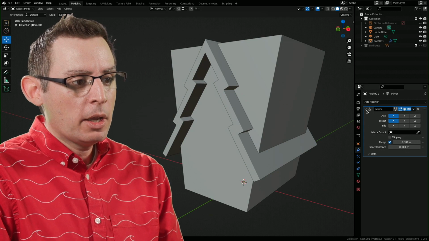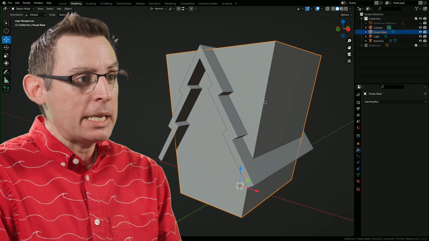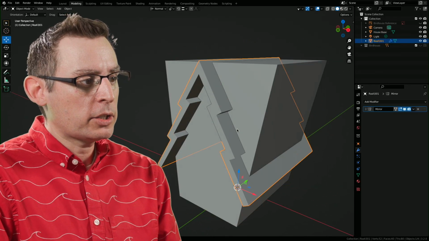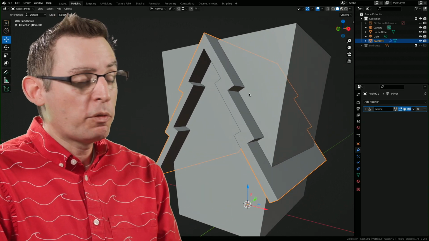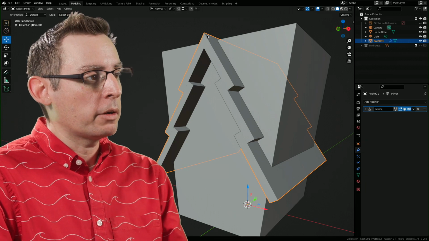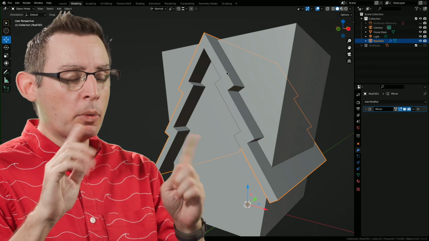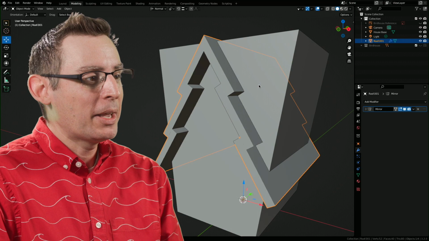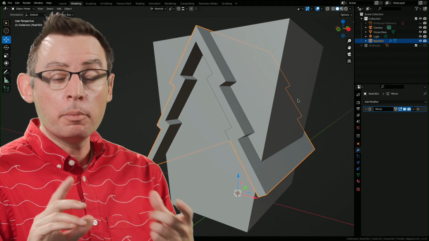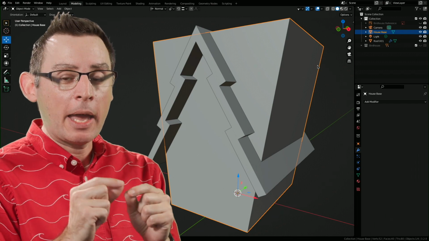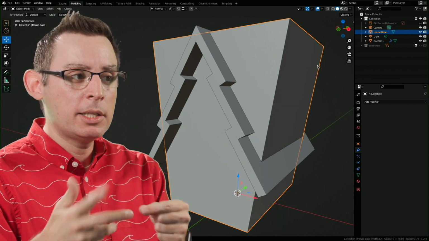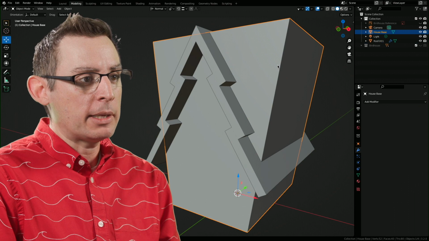Okay, so here's our current state. I got the base of my house, okay? Then I also have the roof panels that I just made a moment ago. The roof panels are using a mirror modifier to make both sides of the roof identical to one another. So let's physically fire off the Boolean operations. They're pretty easy. All these Booleans are going to exist on the house because I want to subtract content from the base of the house.